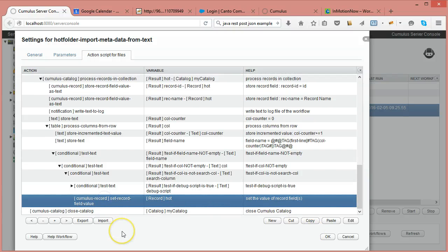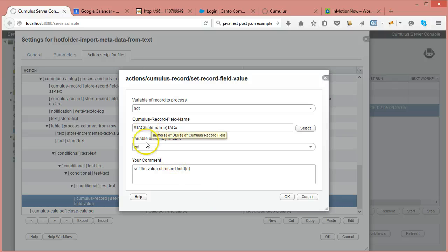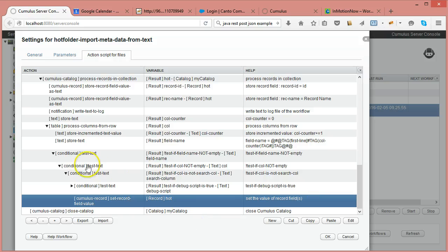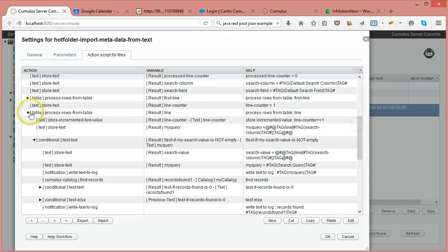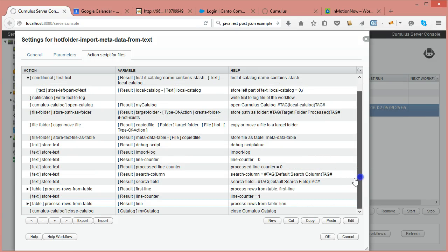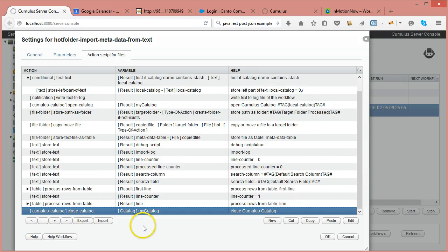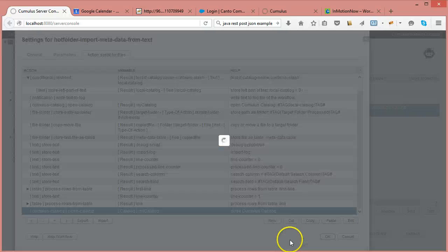And then it sets the value. It says I'm setting the field name to the value col, the column which we are processing. Column numbers is stored under a string col. That's how it sets the value. So when this whole process is done, at the end it closes the catalog. So that's how this workflow is built. This is how it works,